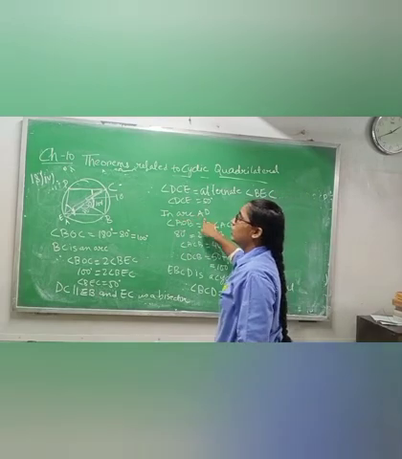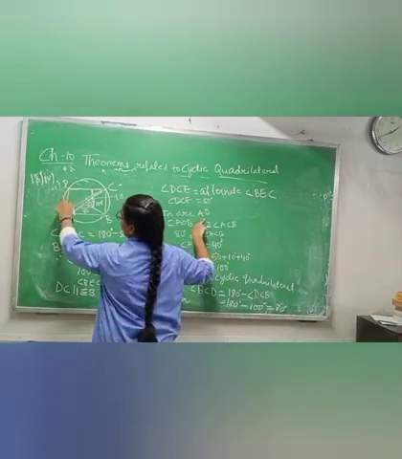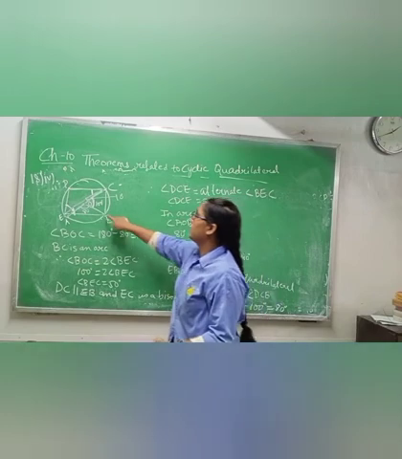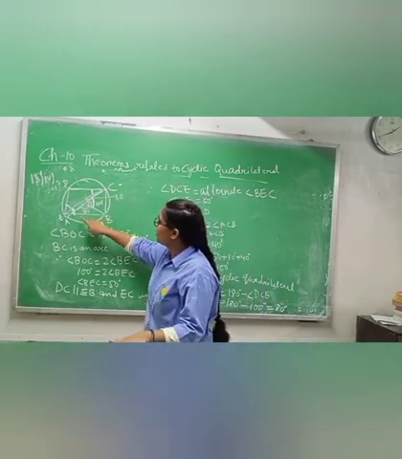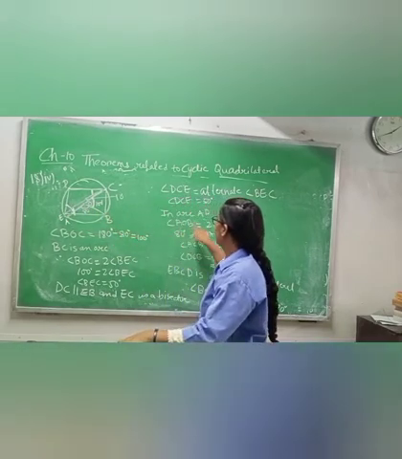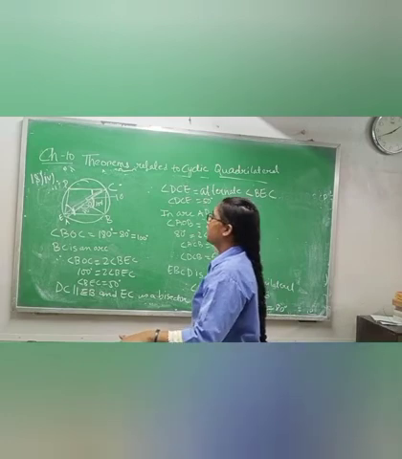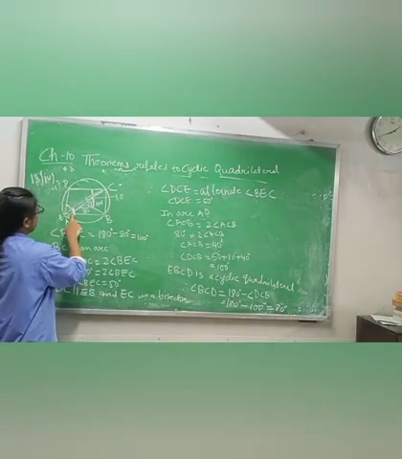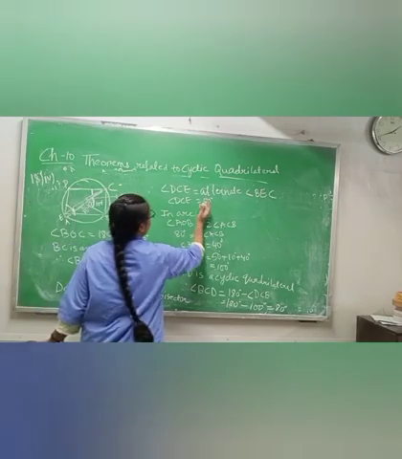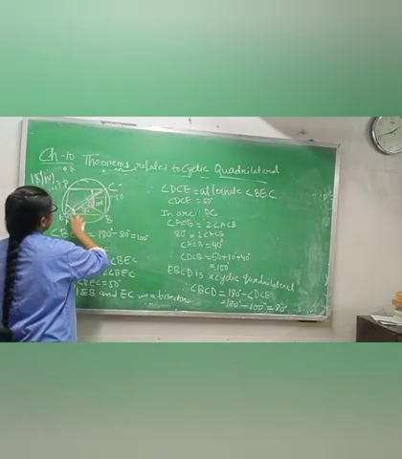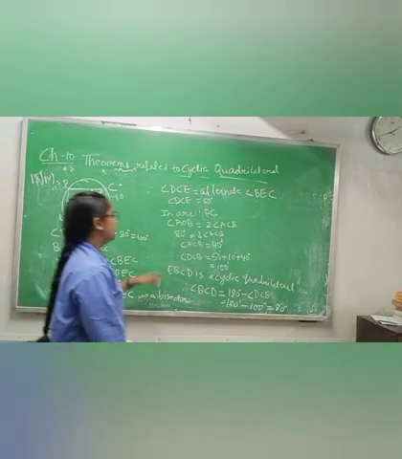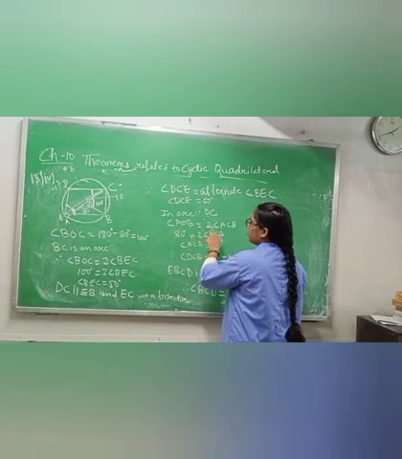Now in arc AD, which arc am I taking? Arc AD, this one. If this is the arc, then which one will be the center angle? AOB is there, and AOB equals 2 angle ACB. Where is angle ACB? If BC is an arc, then AOB is the center angle and ACB is the angle on the circle. That is why I have written angle AOB equals 2 angle ACB.